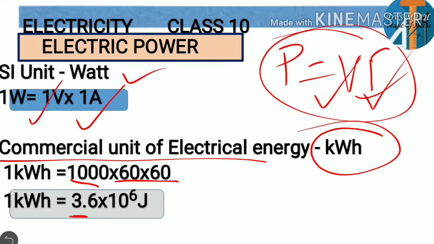So in this session we learned what the heating effect is, how it is caused, Joule's law of heating effect, the factors on which it depends, the formula for Joule's law of heating effect, and electric power. We also discussed the main practical applications of heating effect, that is, the properties of bulb and fuse, the different formulae for power, the SI unit of power, and the commercial unit of electrical energy.